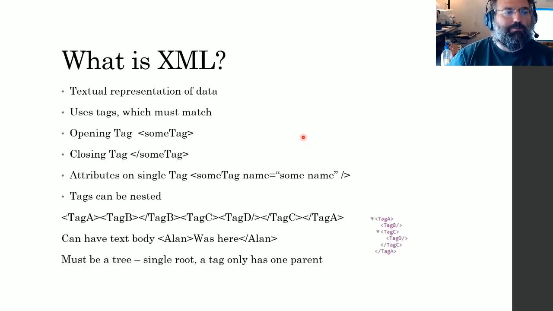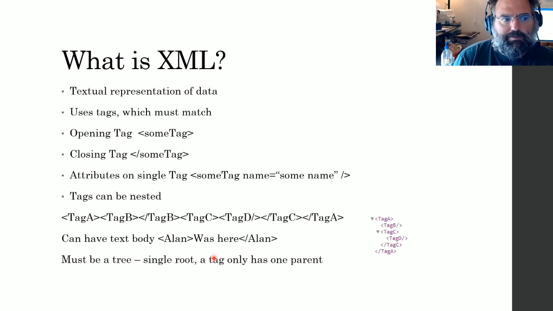So XML, so what is it? You're asked to read it and potentially write it. So what does that mean? XML is nothing more than a textual representation of data. It uses the concept of a tag. A tag is something that, generally speaking, starts and ends with a less than and a greater than, and then